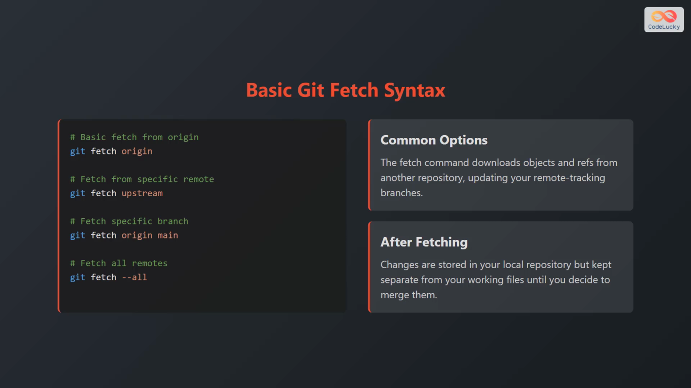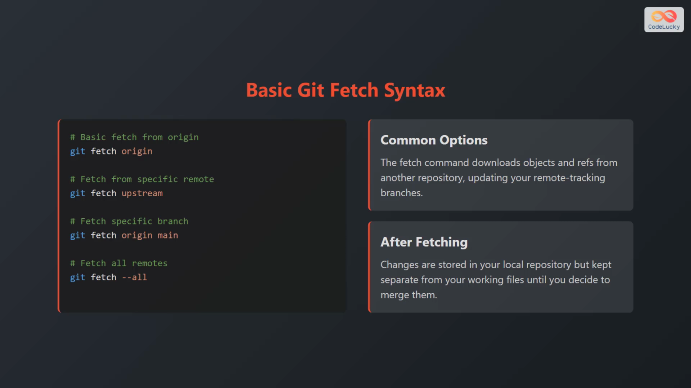Let's look at some basic examples of how to use the Git Fetch command. To fetch from the default remote, which is usually named origin, simply type git fetch origin. If you want to fetch from a different remote, replace origin with the name of the remote you want to fetch from, for example, git fetch upstream. To fetch a specific branch from a remote, specify the remote name followed by the branch name, like git fetch origin main. If you want to fetch from all the remotes you have configured, you can use the --all option,